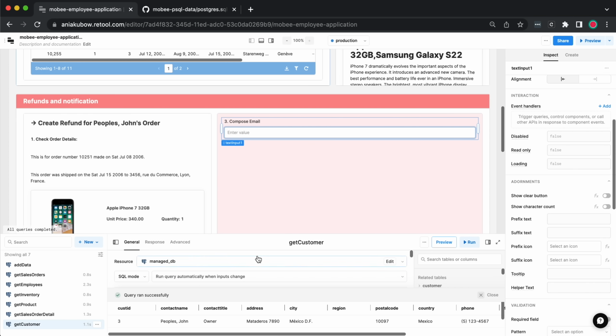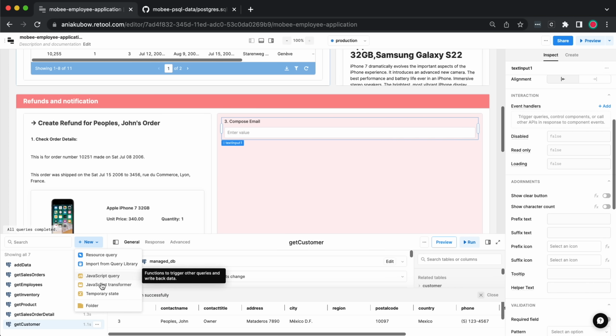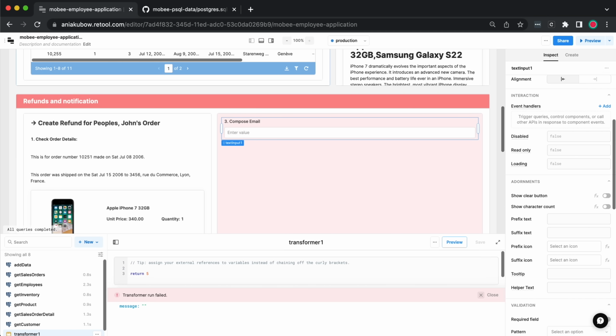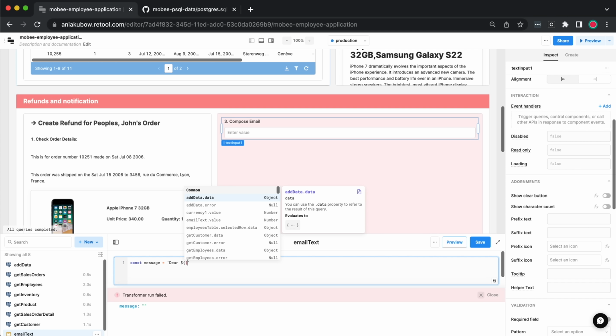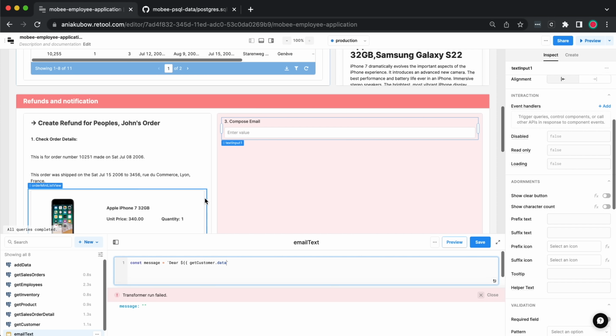And in here, well, I'm actually going to write a JavaScript transformer for the email text because we're going to have to write a few things in here. So I'm going to change this to be email text. And what I'm going to do is I'm going to define a message that we're going to return. Okay, so my message is going to be, I'm just going to use some backticks for this. Dear, and then we're going to get the get customer data contact name, but comma,